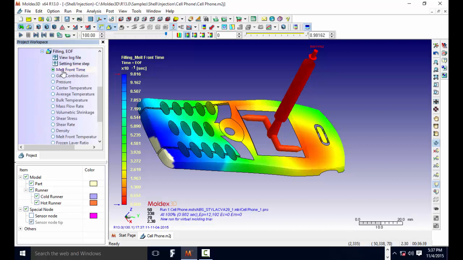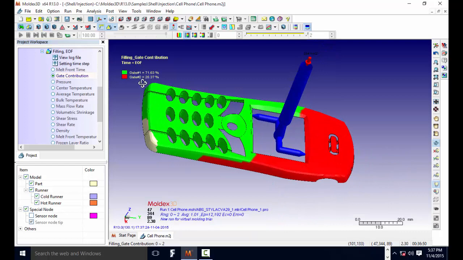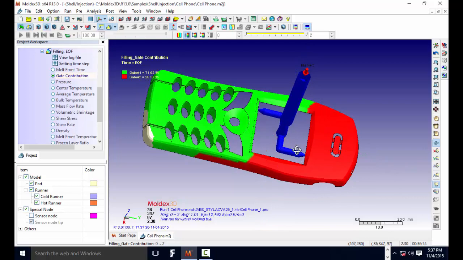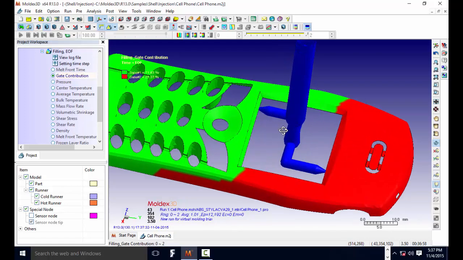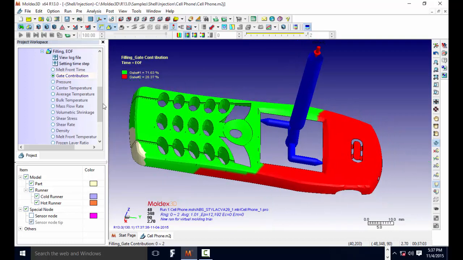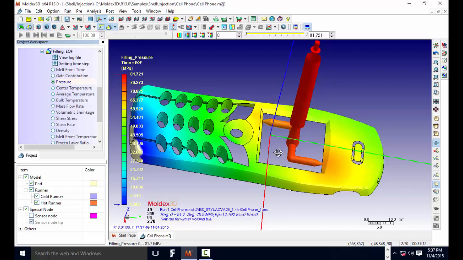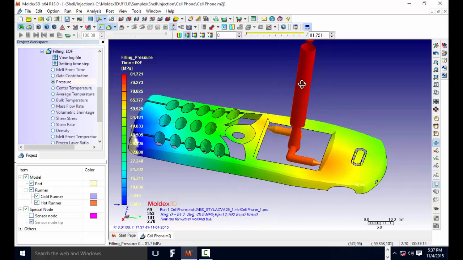In case of filling, if you go for the melt front time and this particular diagnosis, or maybe the gate contribution, you can see the gate 1 contribution is 71.63, and gate 2 you can see the percentage. So this split is very essential so that you can optimize, distribute, and adjust the whole process. And the overall pressure, you can see 81 megapascal, from the higher value to this, and with the color node you can see the higher pressure coming through this,